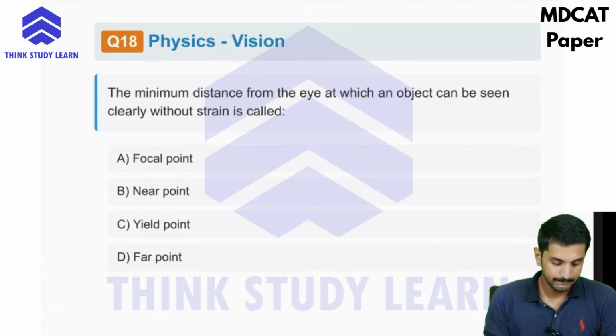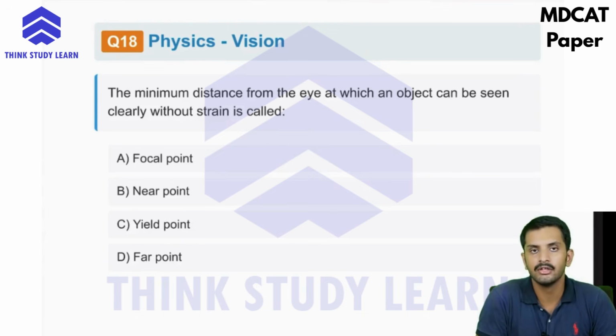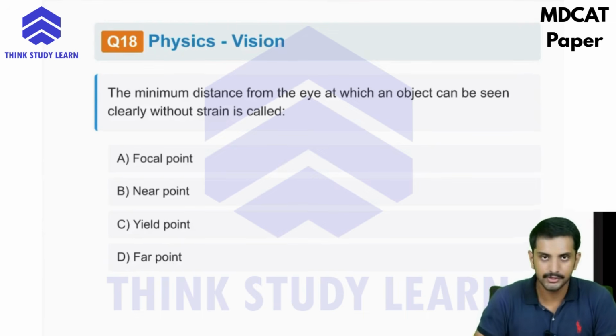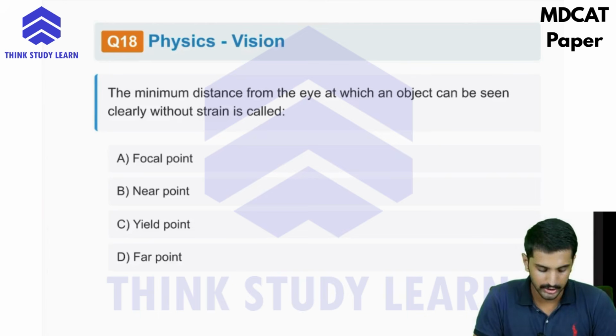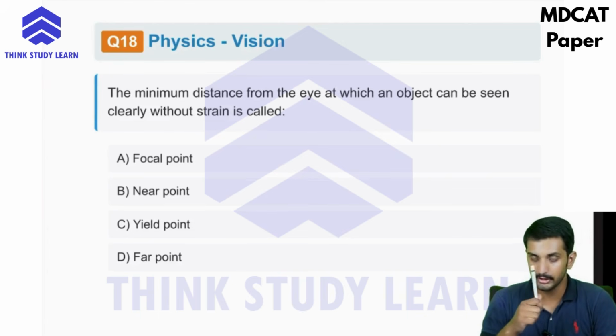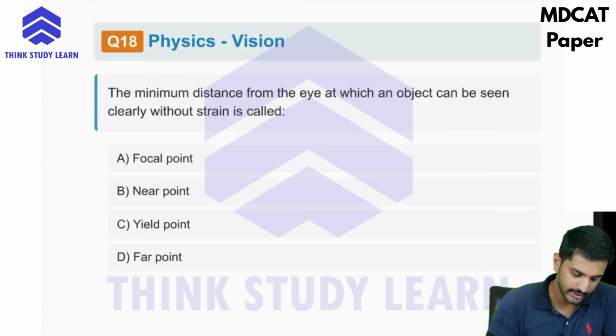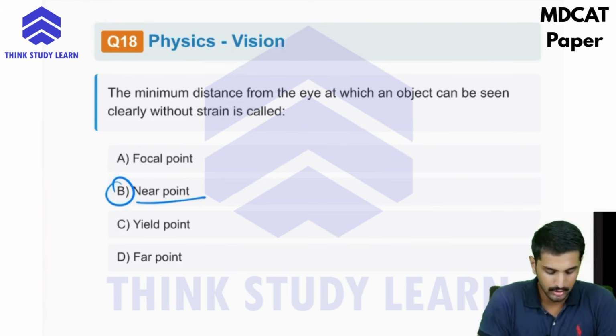Question number 18. The minimum distance from the eye at which an object can be seen clearly without strain is called. So this is something from optics, and you have to remember that the minimum distance at which an object can be close to your eye and you can still see it without strain and without it blurring is called the near point. So it has to be B, near point, and you have to remember this. Moving on to the next question,